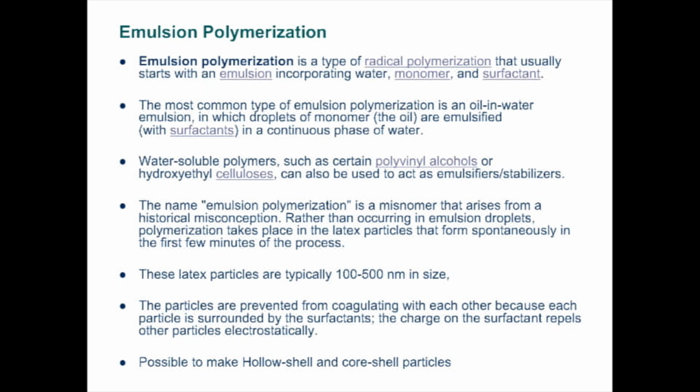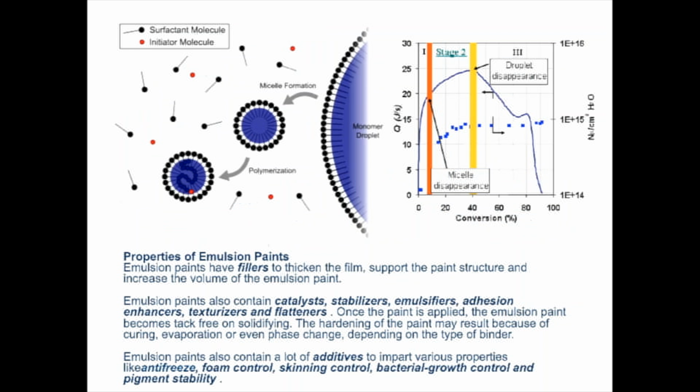So in emulsion polymerization, you basically have an oil and water phase stabilized by a surfactant. And then for emulsion polymerization to take place, you need to have an initiator. Typically, this initiator is introduced from the aqueous phase. And then as a micelle is formed and the polymerization takes place inside that micelle, the monomer is depleted from the emulsion or the oil phase and transferred towards the growing particle. Okay, so unfortunately I do not have much time to explain